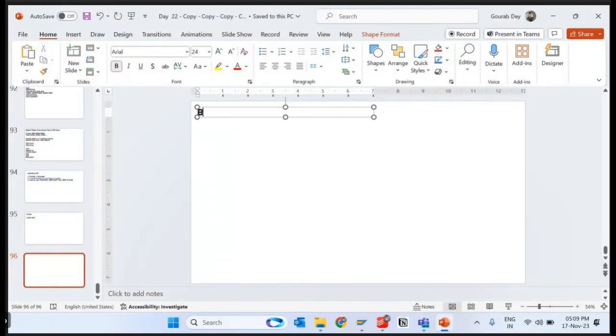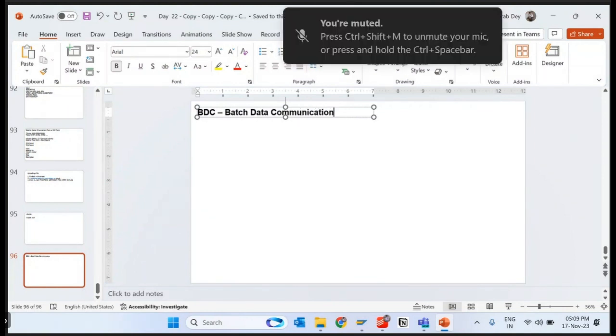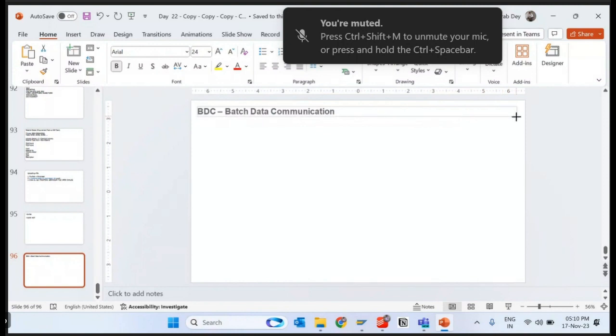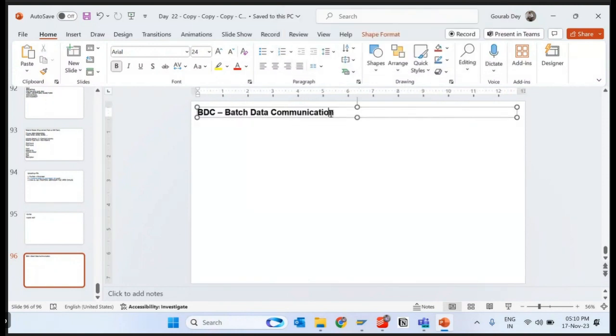So today we'll cover BDC, batch data communication. Okay, so batch data communication is a tool through which we can